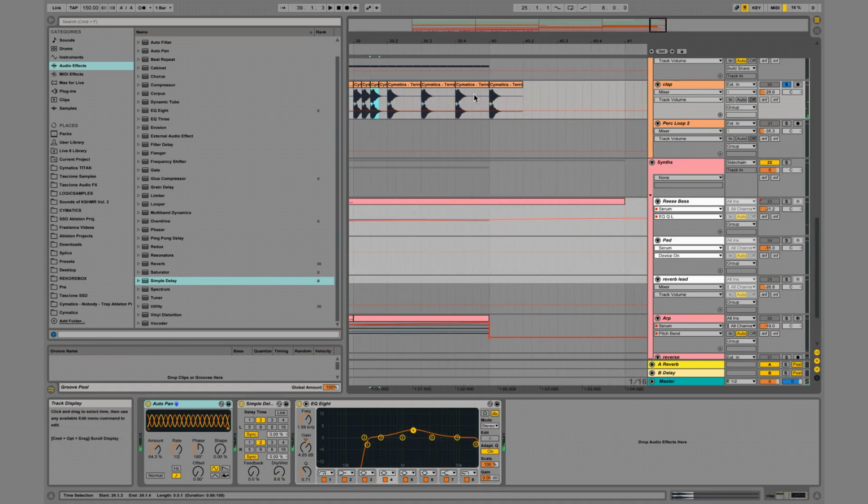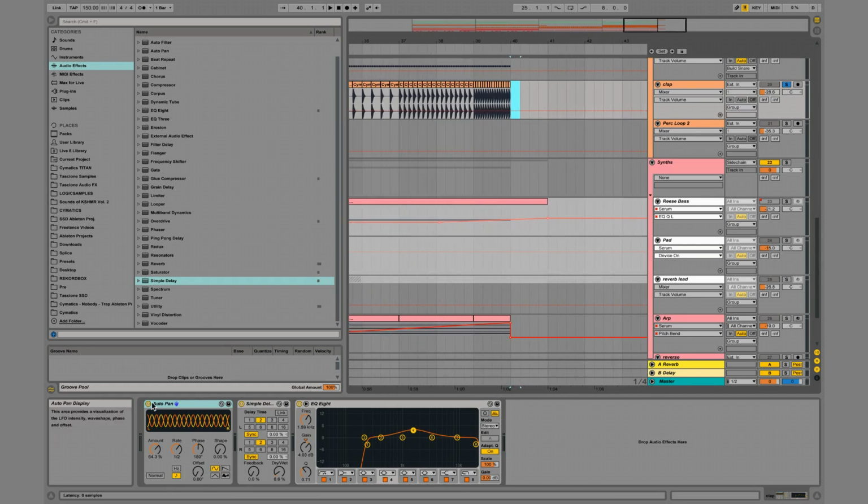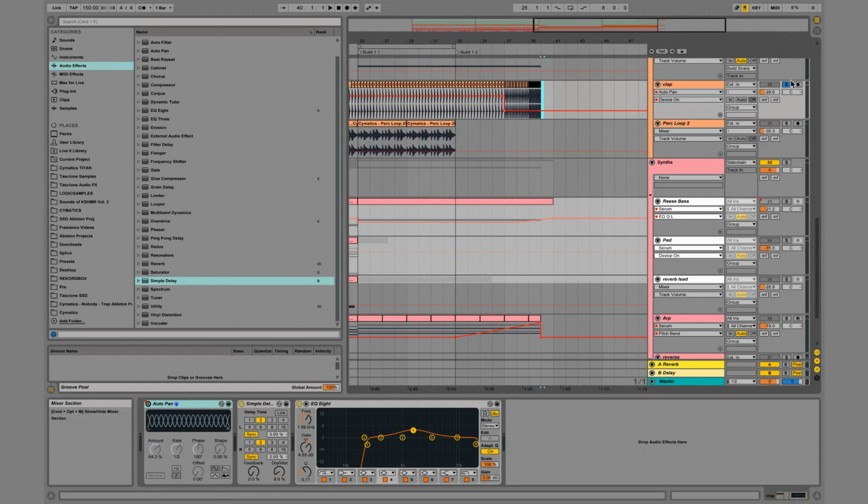I'm just doing the same progression with the claps as the kicks. And what I'm going to do is turn this auto pan down when it gets really fast, because I don't want the auto pan to be all crazy. So now we have